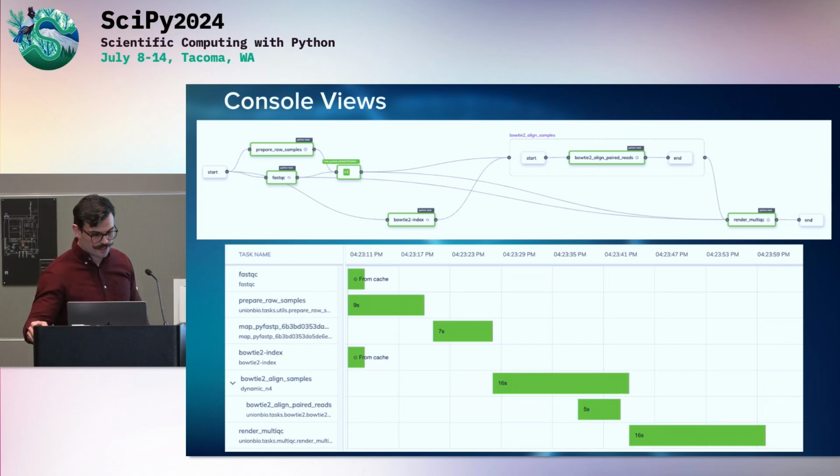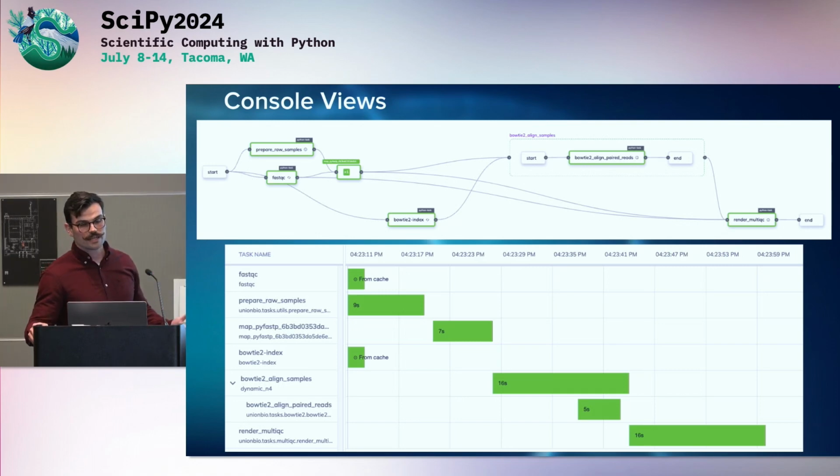The bottom view is a timeline view, which is really nice for visualizing individual task executions in the overall context of a whole workflow run. Some other things to call out here are fastqc and the bowtie2 index were actually read from cache. So Flyte has caching as sort of a first-class citizen. You just declare it right alongside that task decorator. Again, you can add a cache key. There's a few different approaches to it, but it's very granular, and it's really powerful for things like an index,